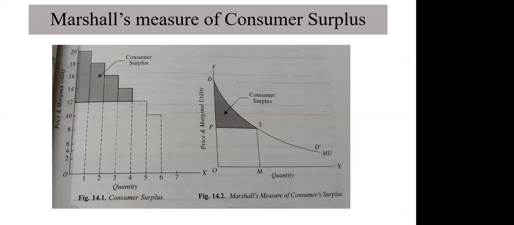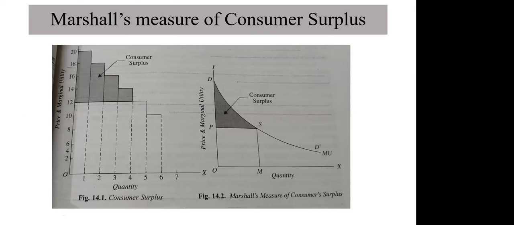Now, to understand in a better way, we'll take help of this particular graph. Suppose in the x-axis we can see the quantity and the y-axis we have taken the price and marginal utility. Suppose for the first unit of apple, I was willing to pay rupees 20. But the shopkeeper said no, the market price is rupees 12. So rupees 20 minus 12, this rupees 8